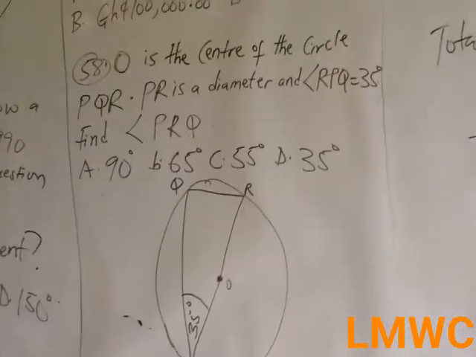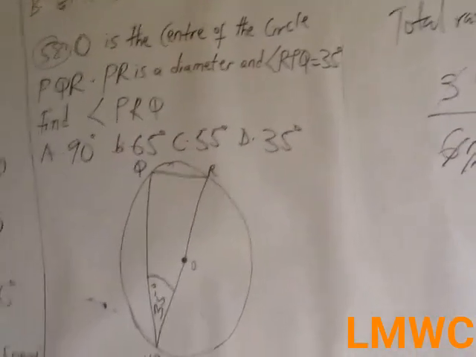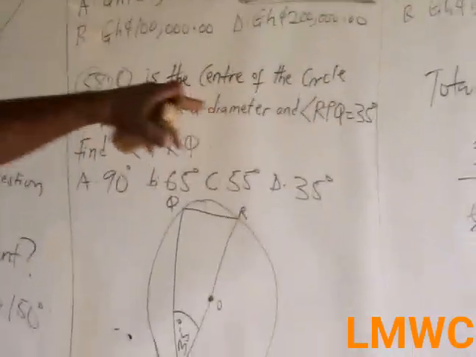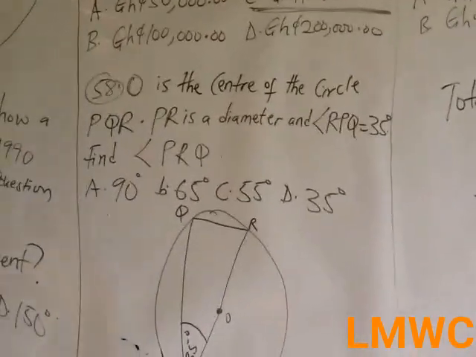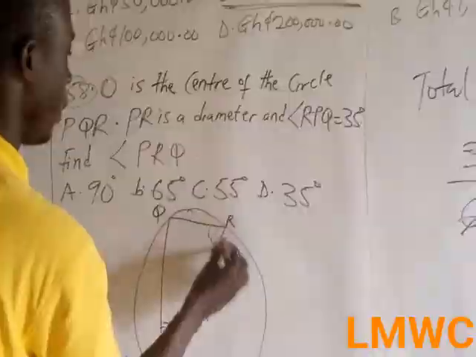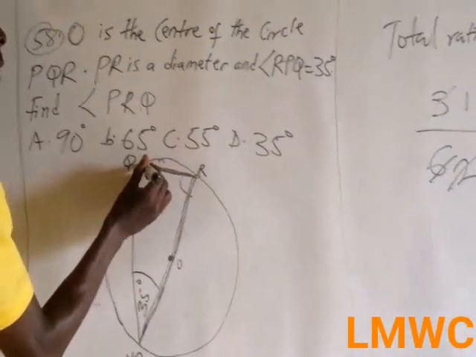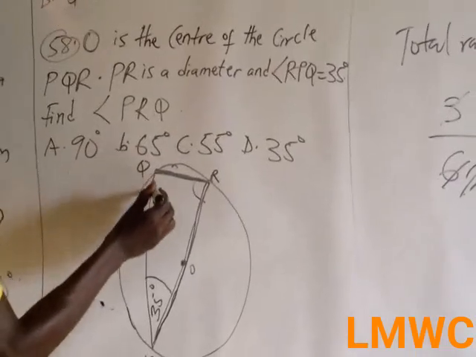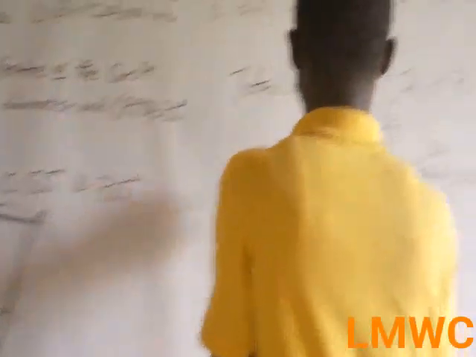58. O is the center of the circle PQR. PR is a diameter and angle RPQ is 35 degrees. Find angle PRQ. Now we want PRQ. Always we know a diameter subtends an angle to a point on the circumference, and the angle it makes is 90 degrees. So angle PQR